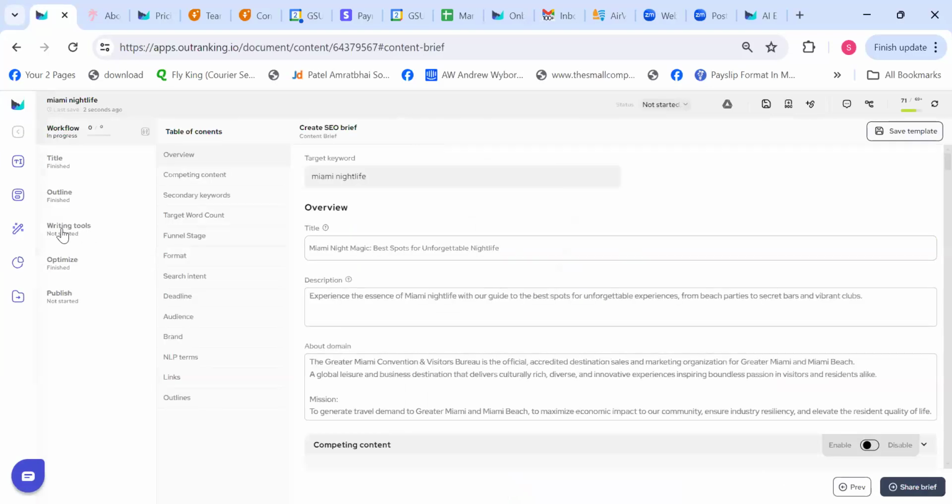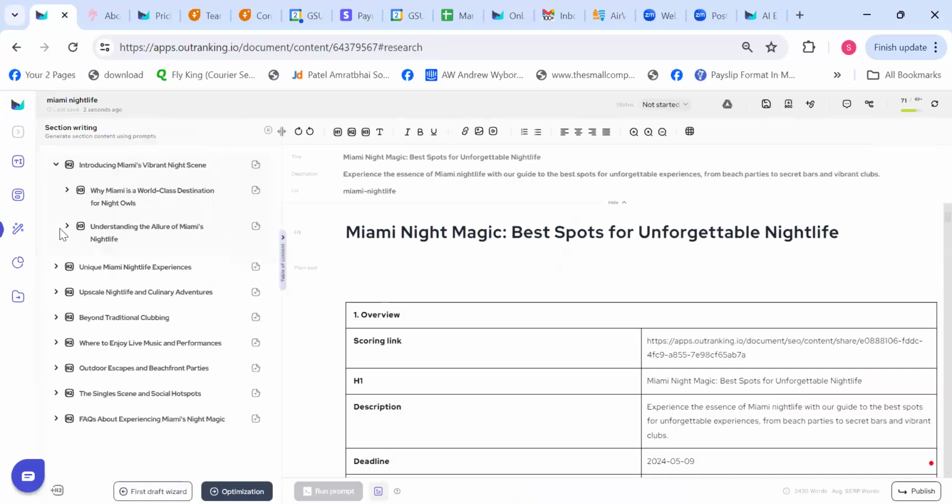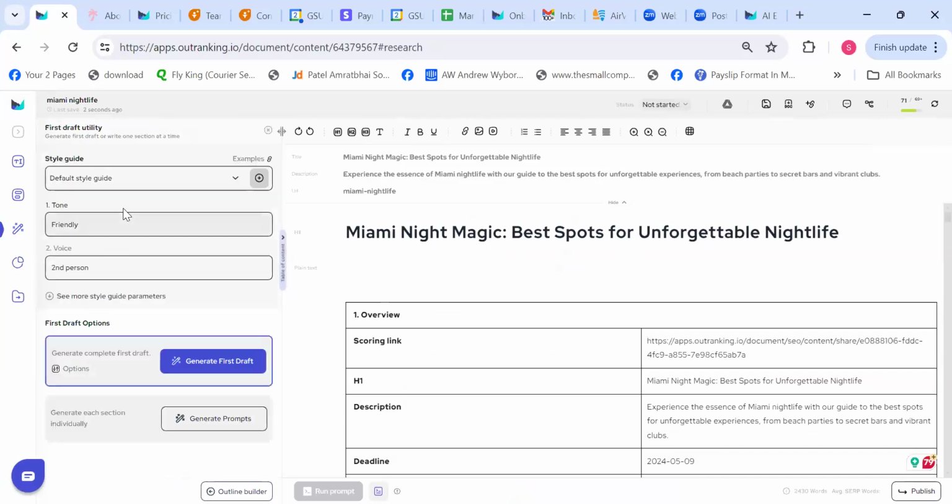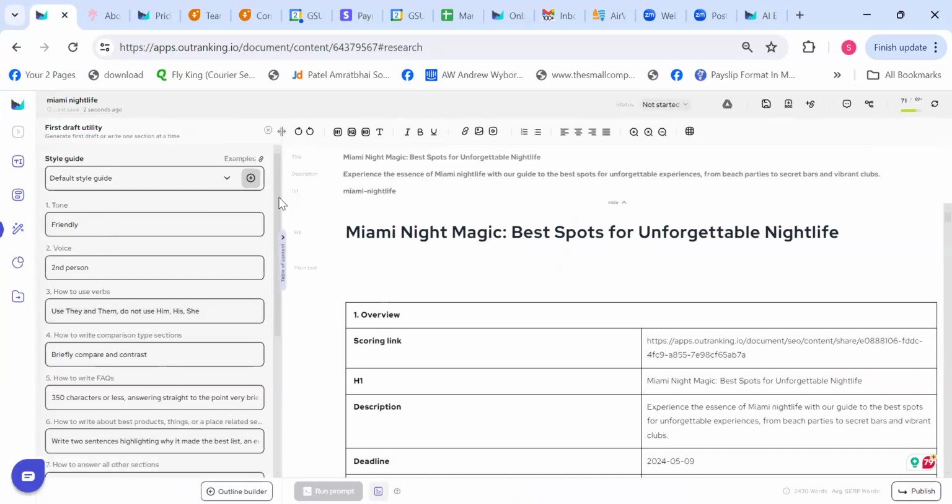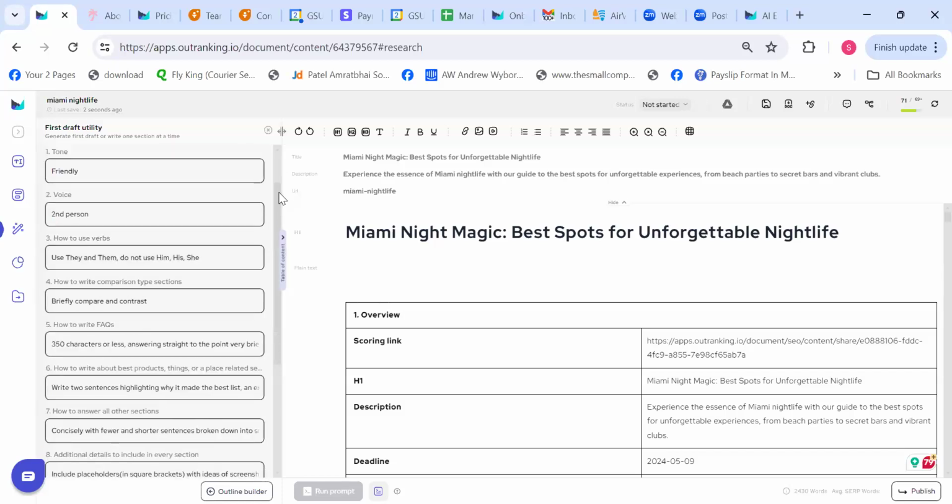So now there is no content brief here. There is writing tools. You go to writing tools, and then you go to first draft, and here you are. Now you can change the tone of writing, change all the parameters that you want to give some more specification to AI on how it should write the content on the basis of the content brief that has been generated.